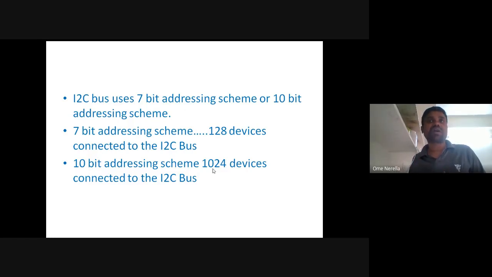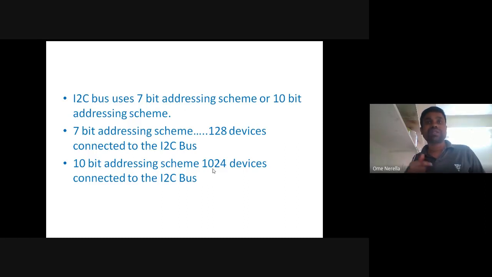Generally, we call it the I2C bus protocol. In a simple sentence, what is I2C? It is an Inter-Integrated Circuit protocol, also known as the two-wire protocol. Why is it called a two-wire protocol? Because it has two wires: one is the serial data line and one is the serial clock line. It is also a serial communication protocol, used to interface a number of peripheral devices to the microcontroller.